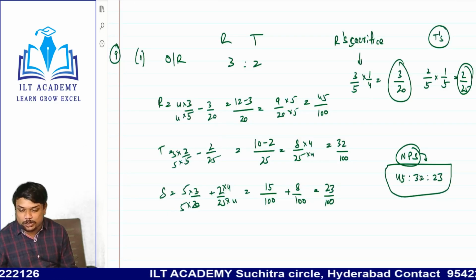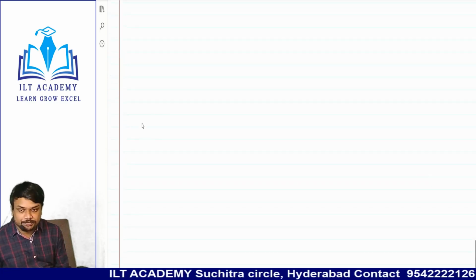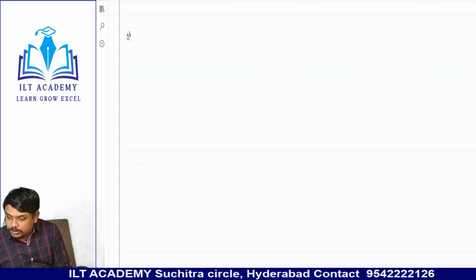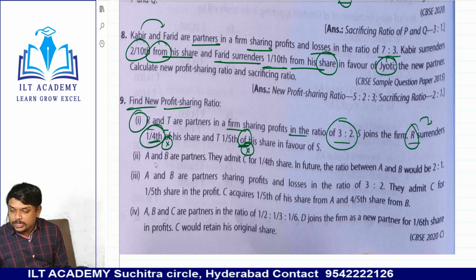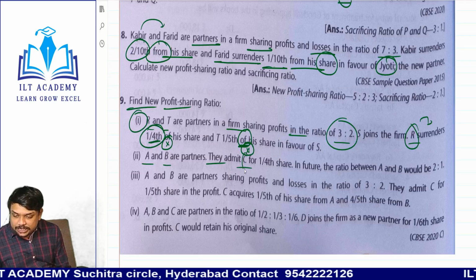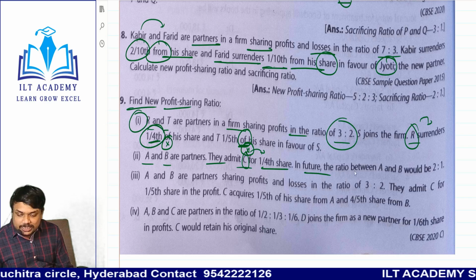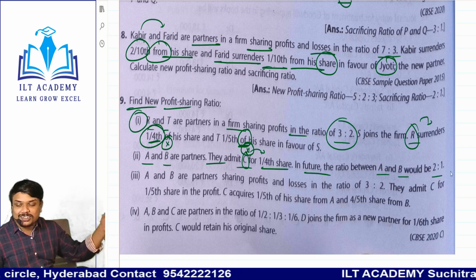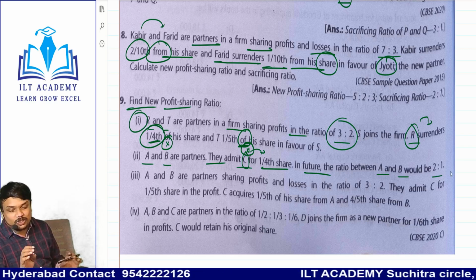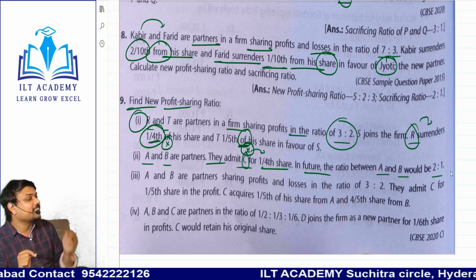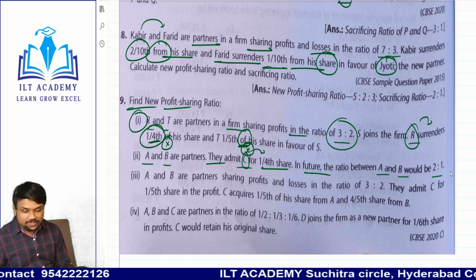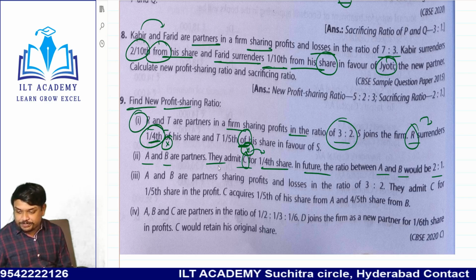नेक्स्ट है सेकंड केस देखो 9th में. फर्स्ट वन इज डन. A and B are partners. They admitted C for how much share? 1/4 share. In future, the ratio of A and B would be what? 2:1. आप देखो अभी एक एक वे में दे रहे हैं अभी. Not an issue. See,